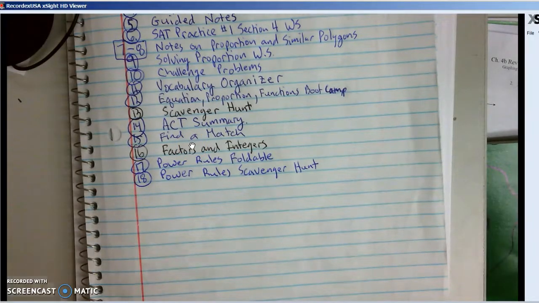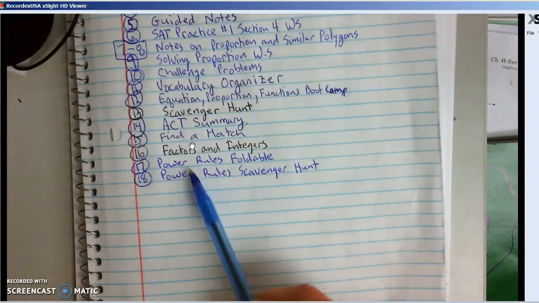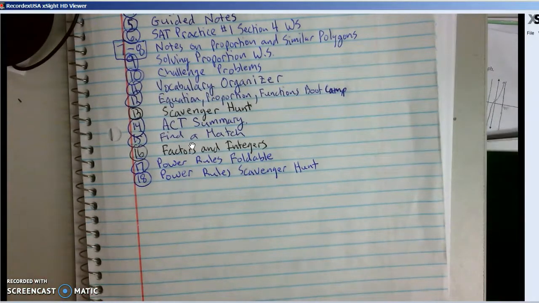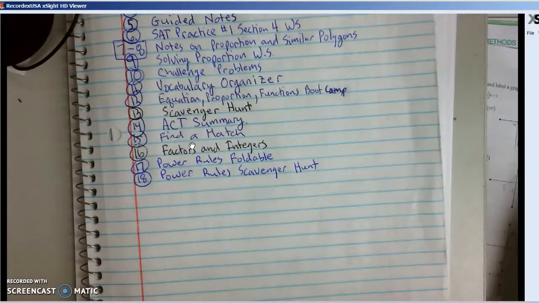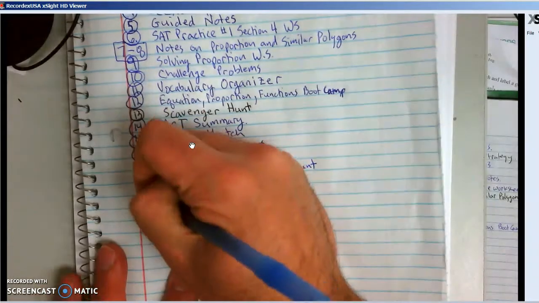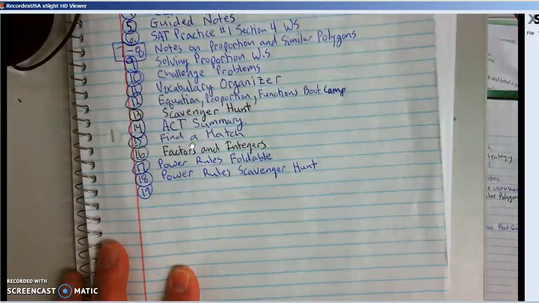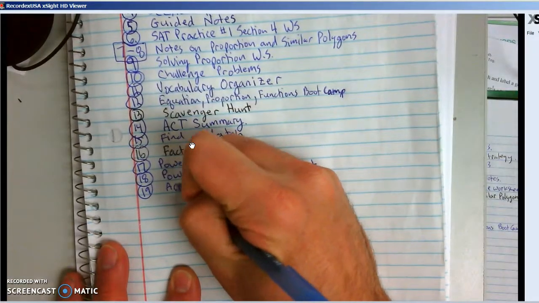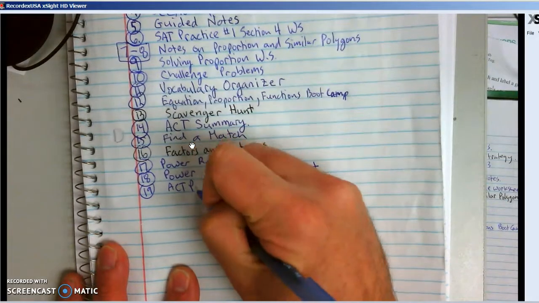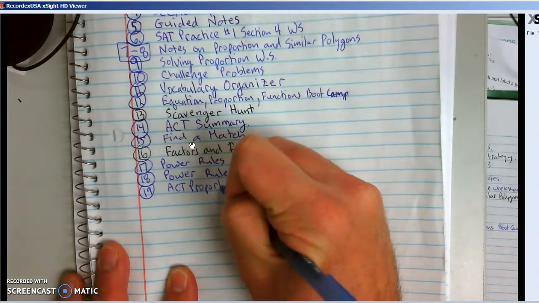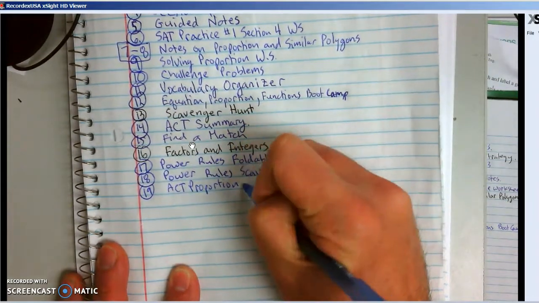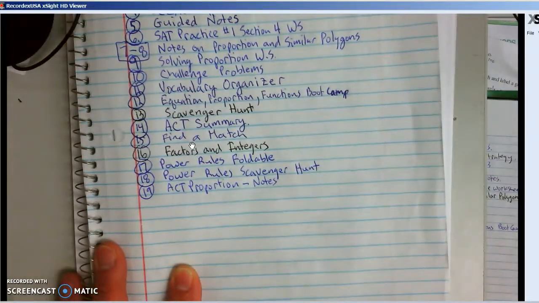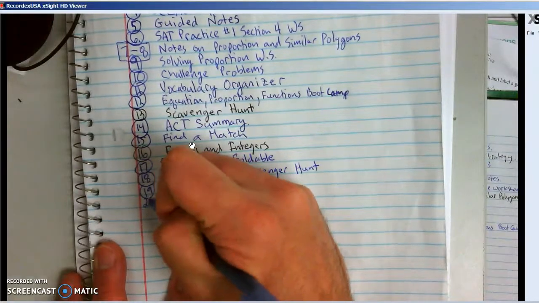All right, so guys, if you could please, on pages 17 and 18, that's what we did the other day, but we're going to add two things here. So we're going to add on page 19 the notes for ACT proportion. So we're going to add some notes right now. And then on page 20,